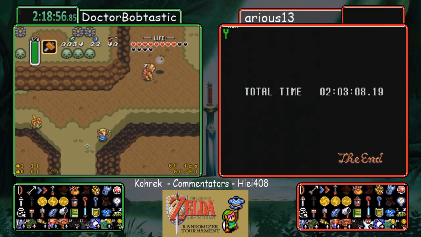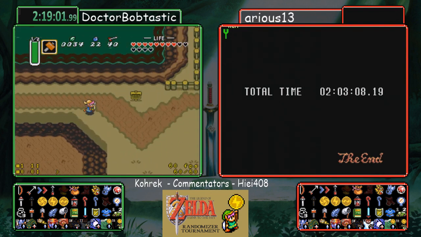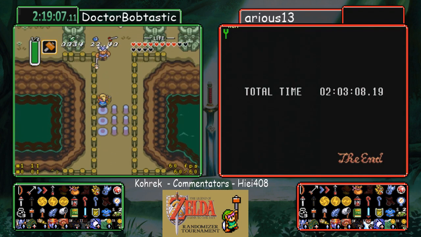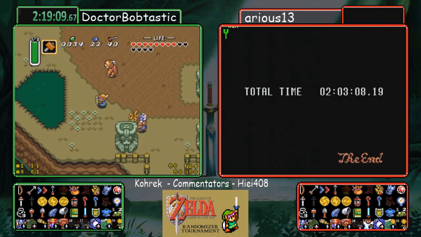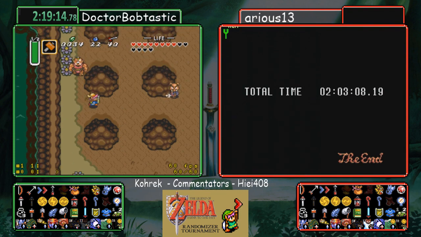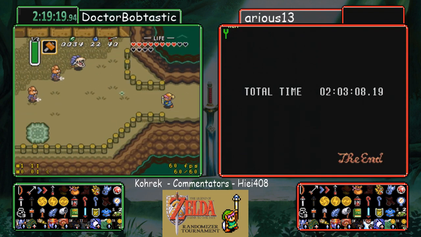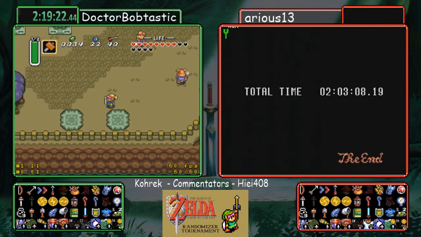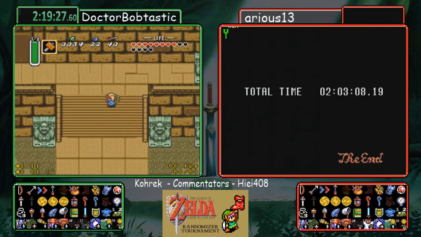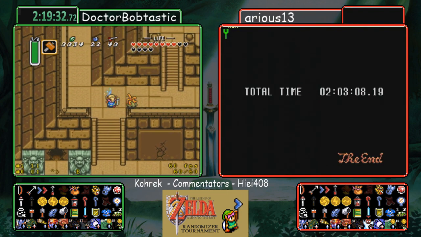He's gonna have to farm for rupees, but I hope he realizes. Well, I think he knows. He just leaves. Yeah, he knows. It's a good thing I practiced Master Sword Ganon before this race. Yep. It's usually needed these days. He doesn't have enough rupees to do that check, so...